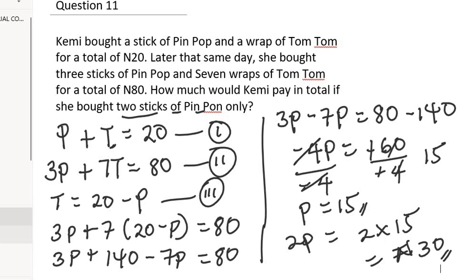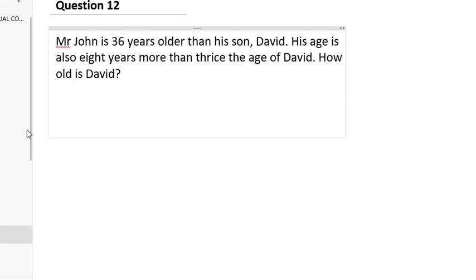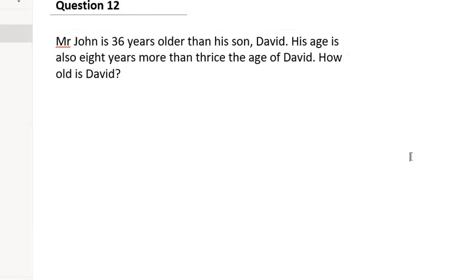All right, so the next question, which is question 12. The question says, Mr. Johnson is 36 years older than his son. So if the son's age is x, Mr. Johnson will be 36 plus x. His age is also 8 years more than thrice the age of David. So if David's age is